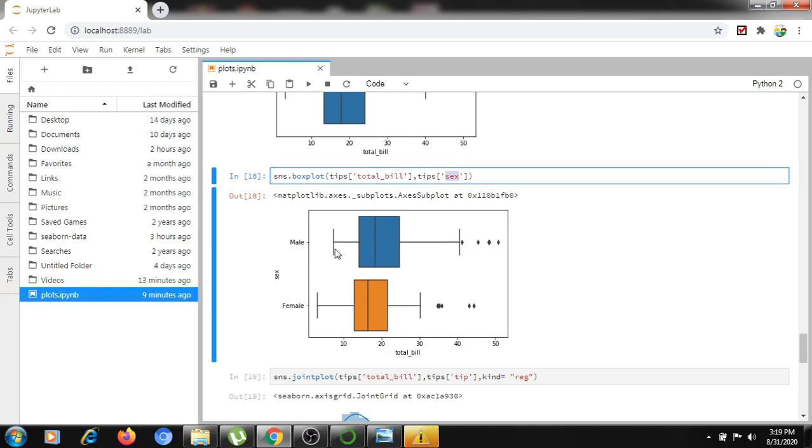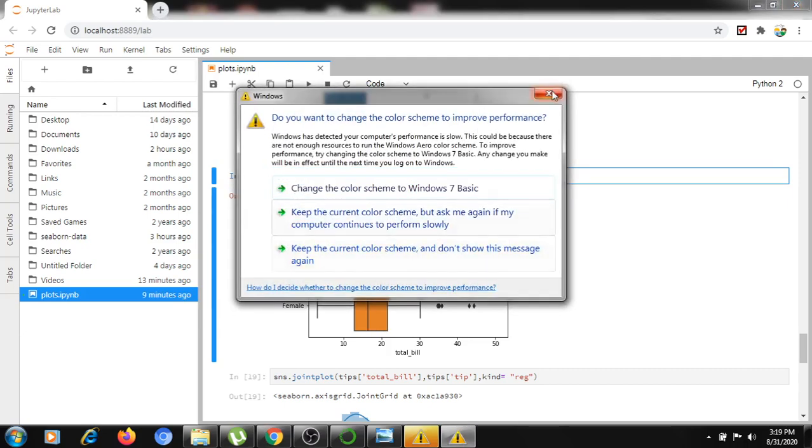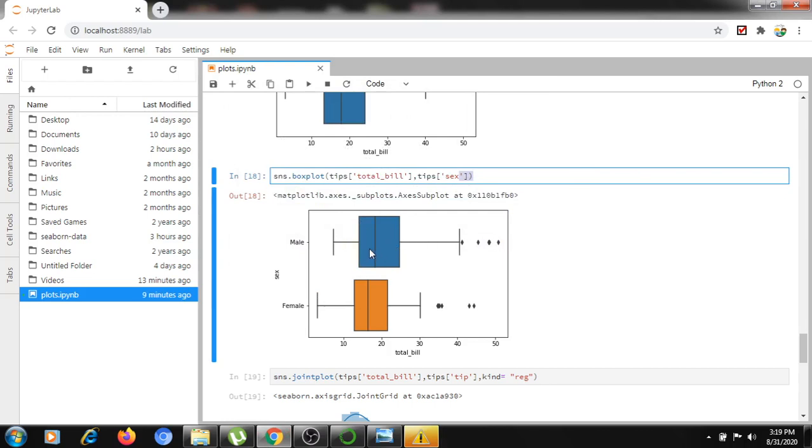For the male, the minimum value is, let us assume, 9. The maximum value is 40. Until 40 they are spending. These are the outliers; more than that also they are paying the bill. So if I want to represent the box plot using the total bill and male or female, we can pass these two arguments, and we can display the box plot with respect to male and female. Here are the minimum value, max value, Q1, Q2, Q3, and these are the outliers. We already discussed this. More than the max value are outliers, and less than the minimum value are also outliers.